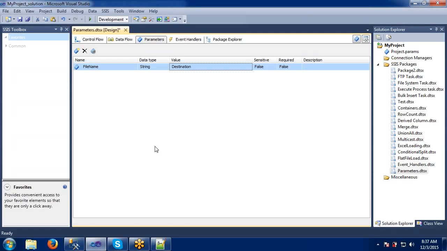So for this I am going to take one scenario here and we will see how these parameters are helpful for us. Till 2008 R2 we don't have this parameter, guys. So we used to have a very big problem while doing any deployment here. What is this deployment, sir?